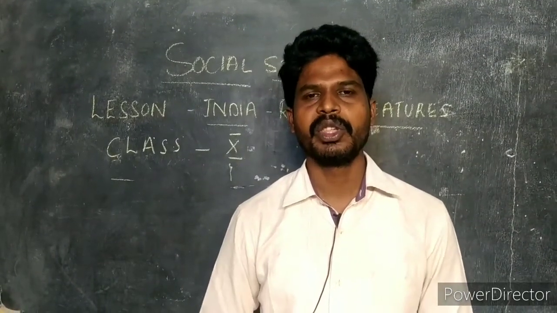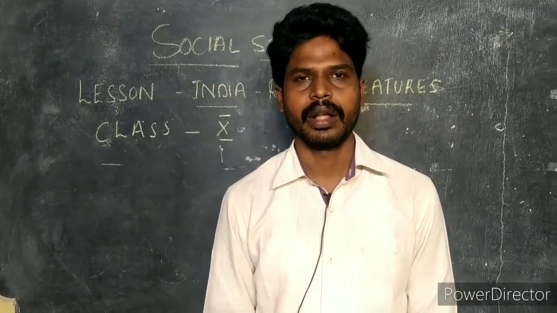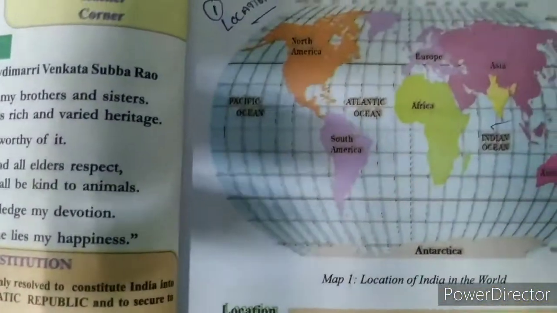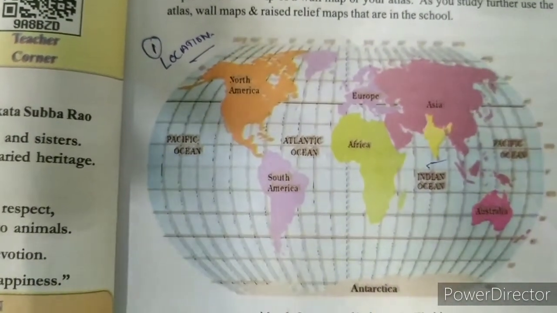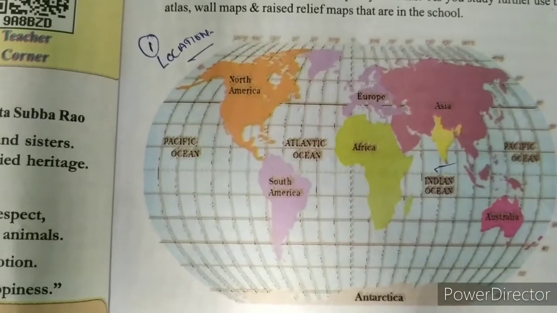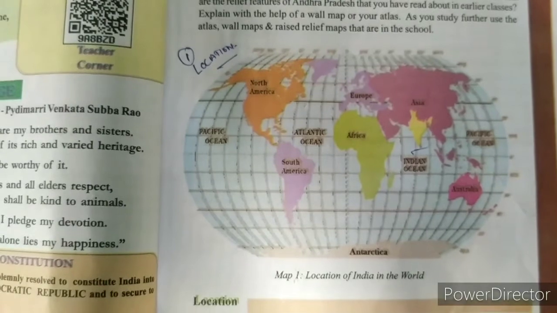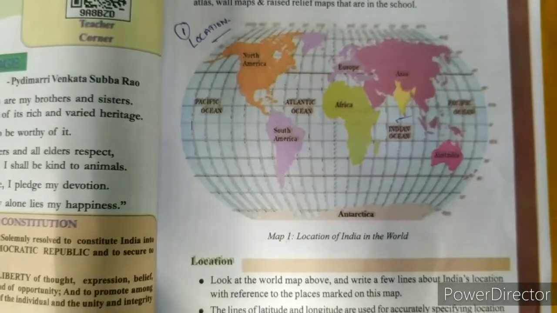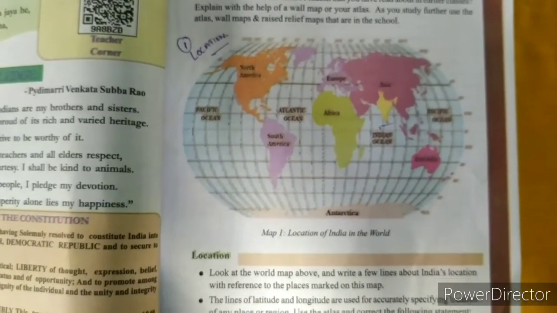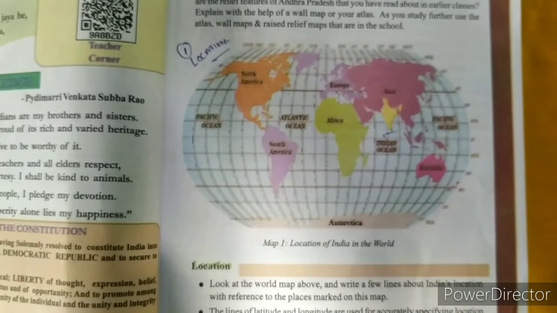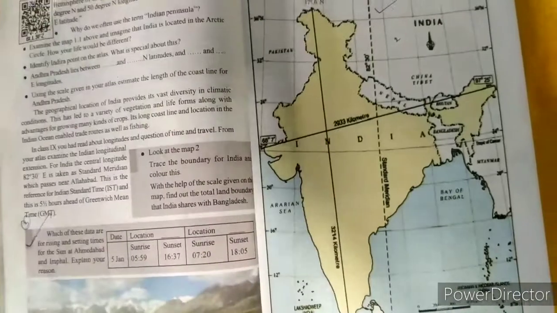Before we look into this chapter, we would like to see the location of India so we can try to understand the geographical features. For example, when you see the picture of the complete world with latitudes and longitudes, India lies between the latitudes of 8 degrees 4 minutes to 37 degrees 6 minutes, and longitudes of 68 degrees 7 minutes to 97 degrees 25 minutes. In these latitudes and longitudes, India is located with this location.